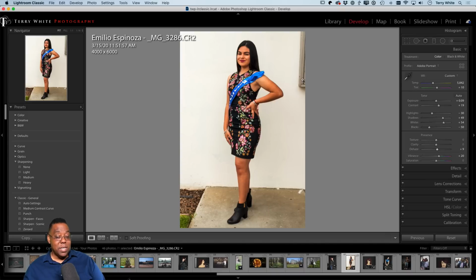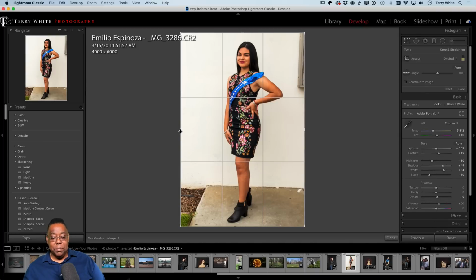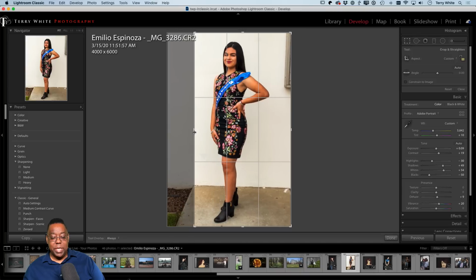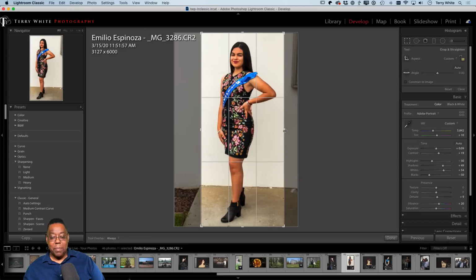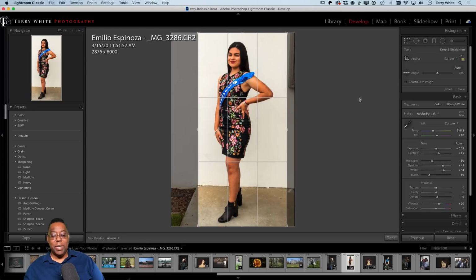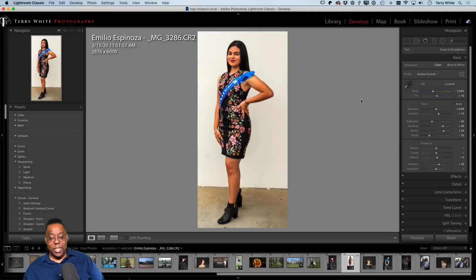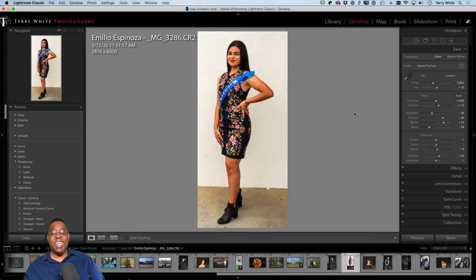Now, I could simply crop off those things. And you might be tempted to do that. So if I hit the letter R to go to my crop, and I just simply say, oh, I know I can get, oh, wait, hang on, let's unlock it. There we go. Unlock, and I say, oh, okay, I can get rid of that cement problem and I can get rid of that window problem. And yes, you do, but you end up with an image that unfortunately might be too skinny,